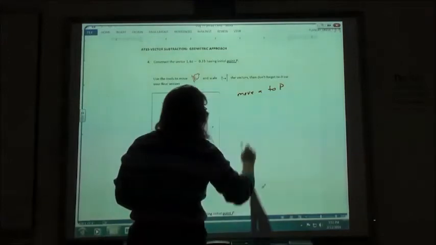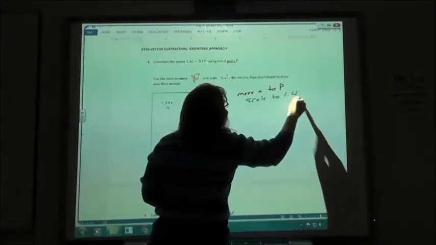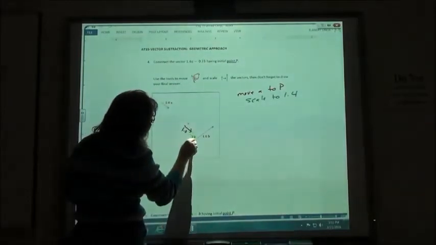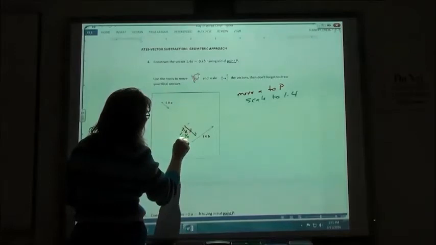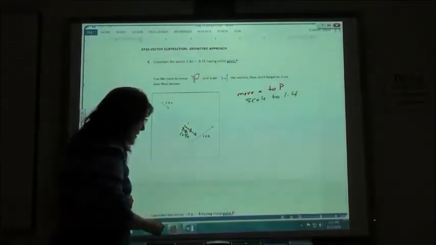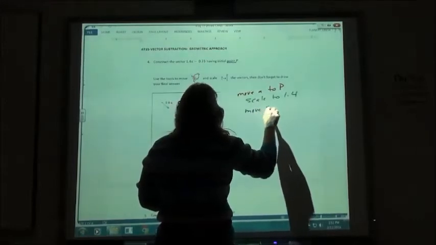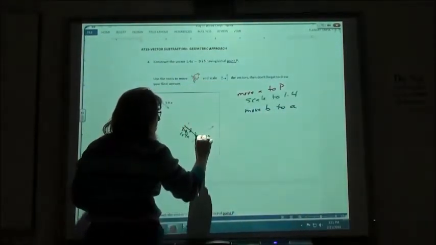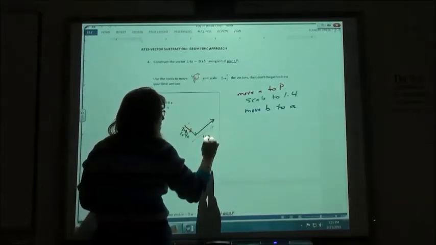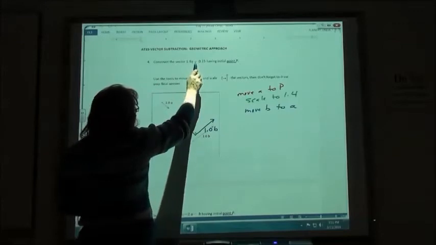So then I want to scale it to, this one says 1.4A. So I'm going to stretch that out a little bit. So now it's going to say 1.4A. Then I'm going to move B to A. So I'm going to grab that. I'm going to put it here on the end. It's going to say 1.0B, but I want to do